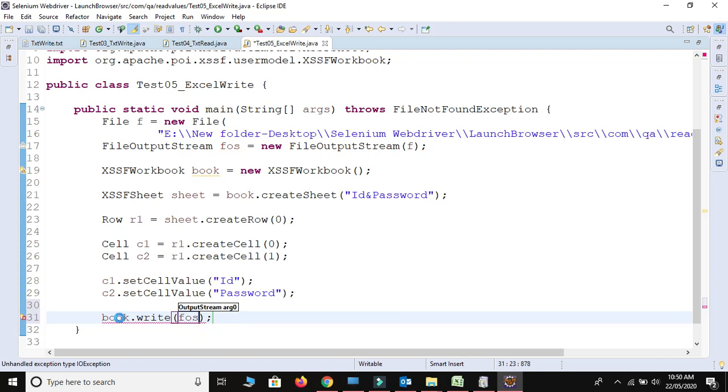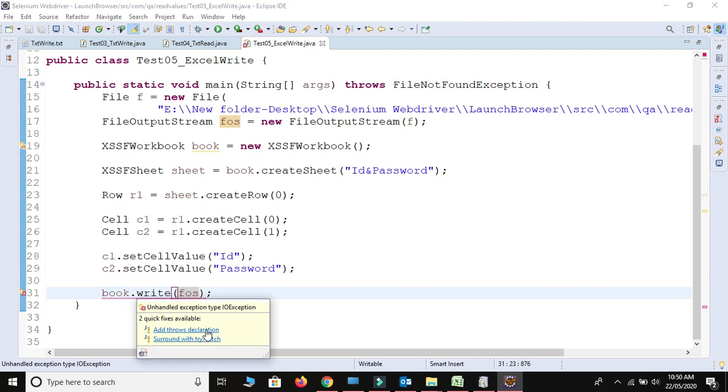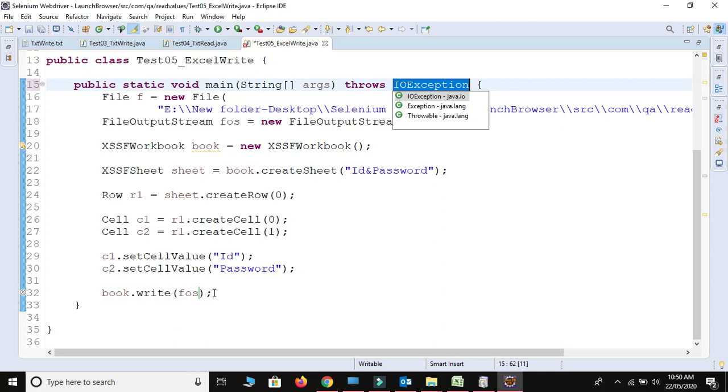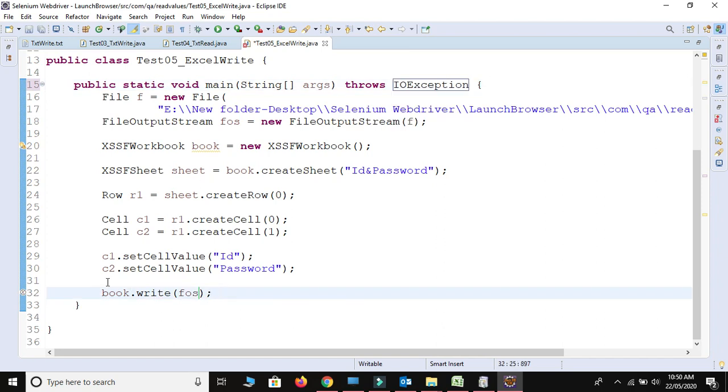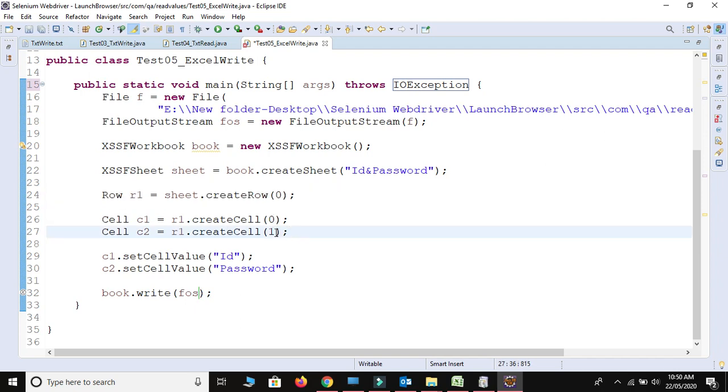It throws some exceptions. So we have written the code to create this file. Inside this file it will create one sheet with this name, and inside this sheet one row and two cells at index 0 and index 1, and we have set the names of both cells. Now let me close the connection.